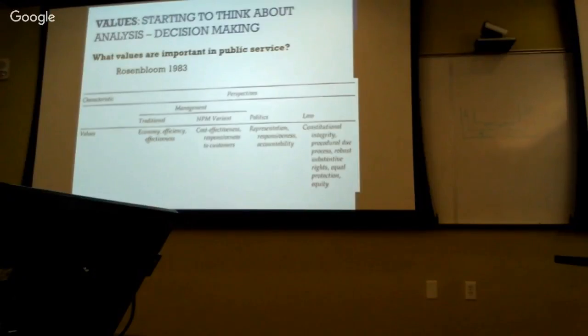So be thoughtful about what values you're putting into your section. This is really just a shopping list. It's available in the slides. There may be others. Corey's got water conservation, environmental concern. Many of you have that actually. This is an important value. It's not captured here, but go ahead and put that in. Just because it's not on the list doesn't mean it shouldn't be part of your analysis or your project development.